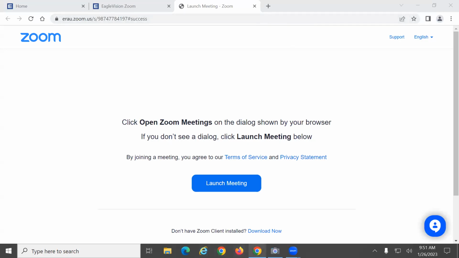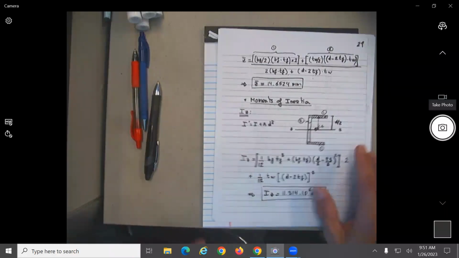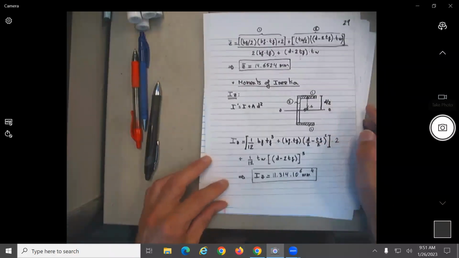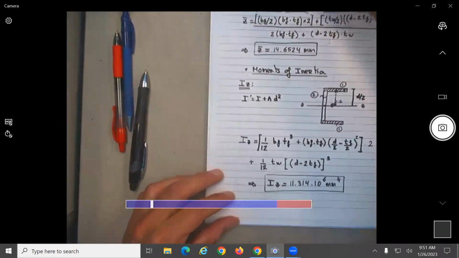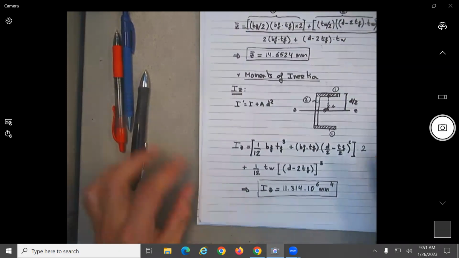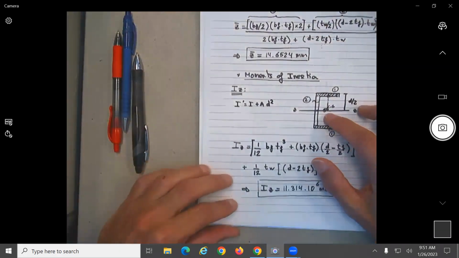All right, so here we go. So basically, I think we started this problem here, which is a symmetric cross section, but with a C shape. Okay. And what was different about this one is that this one was subjected to a moment that